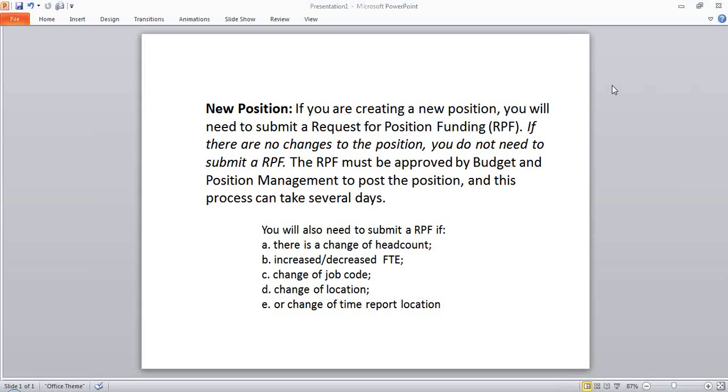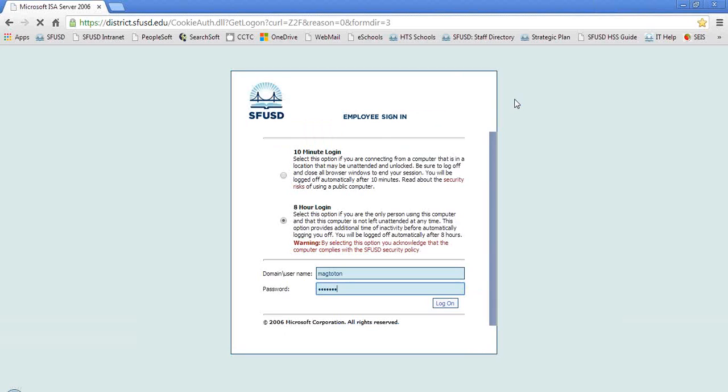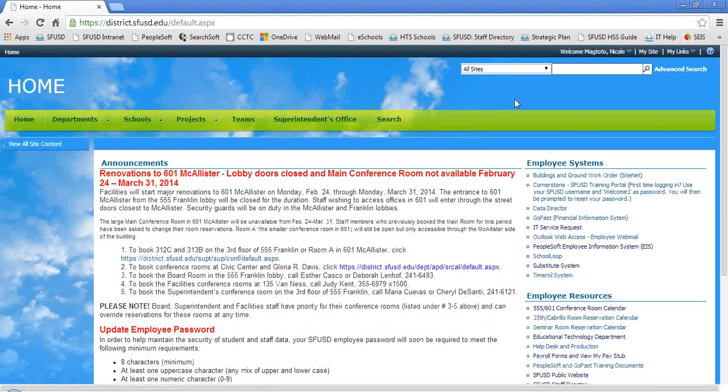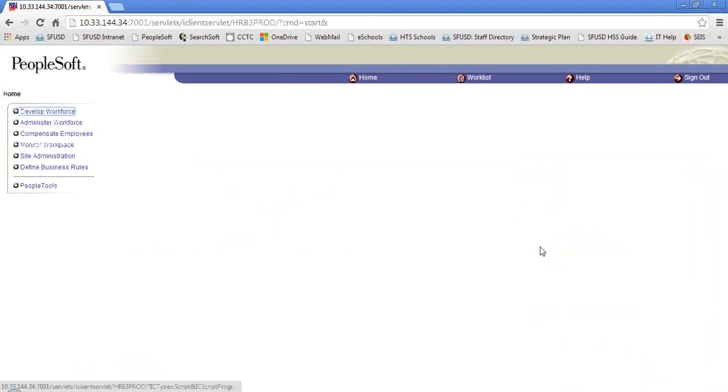All right, so what we're going to do is from the SFUSD homepage, we're going to click Employee Login and log in once again to our intranet and access PeopleSoft through the link on the menu to the right. We'll log into PeopleSoft using our PeopleSoft login. And as a reminder, your human capital specialist has more options listed here than you do, but what we want to access for that RPF is once again site administration,